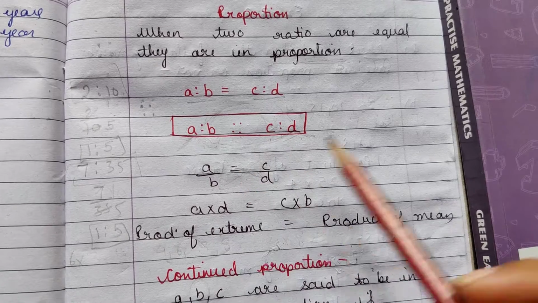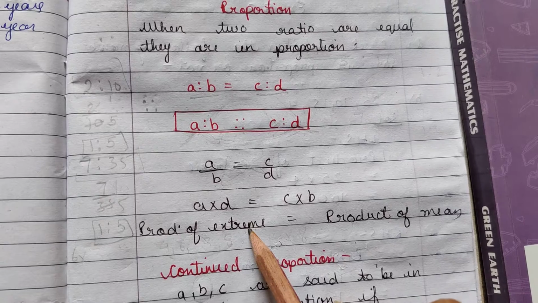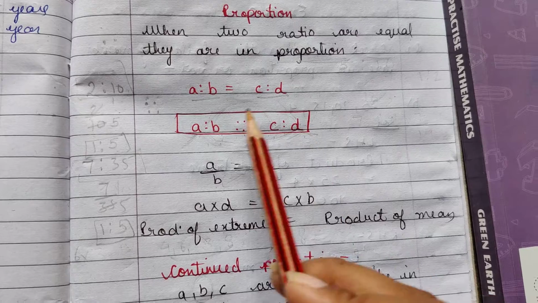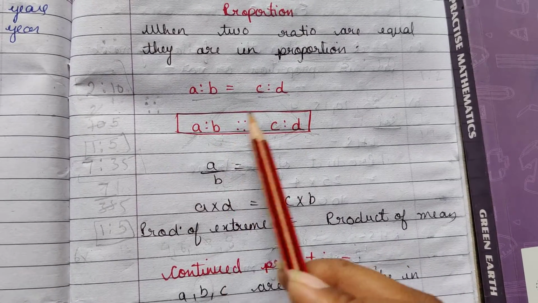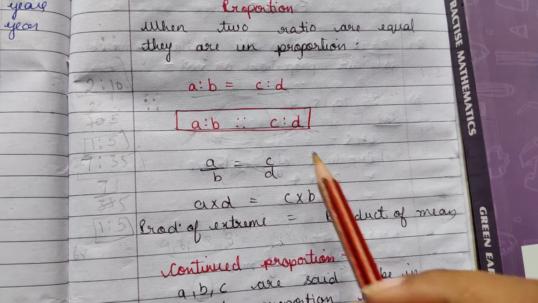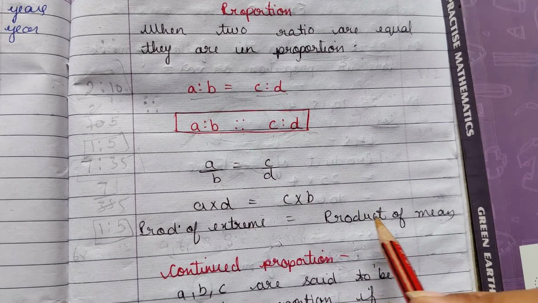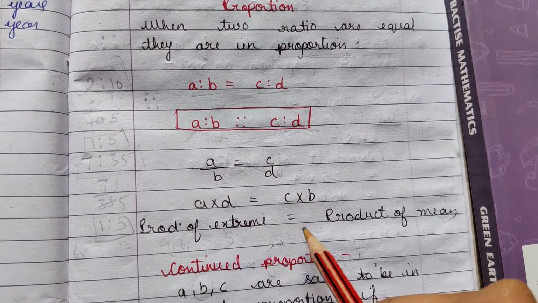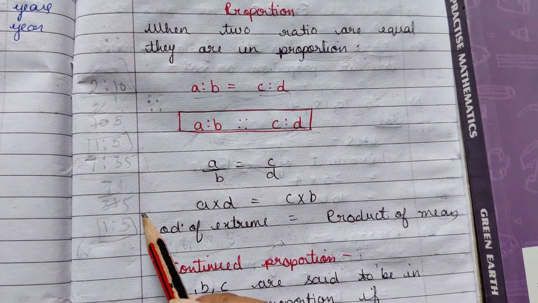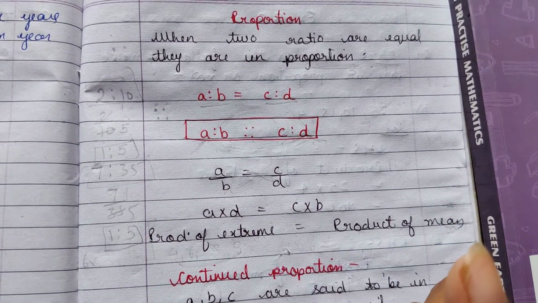Okay, so this can also be expressed as product of extreme terms. Extreme are the terms which are written outside, in the extreme corners. So product of extreme is equal to product of mean. The terms which are written in between the extreme terms are known as mean. Okay, so product of extreme is equal to product of mean. Always keep in mind this formula is very important and will be used in almost all the